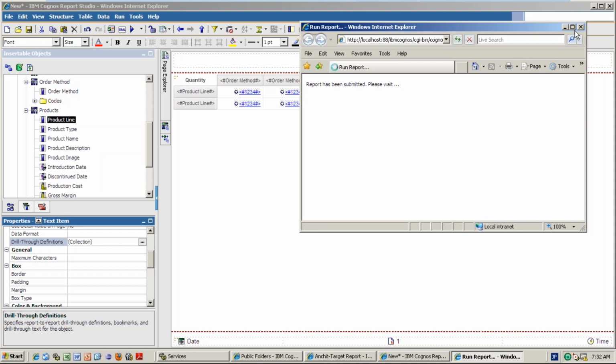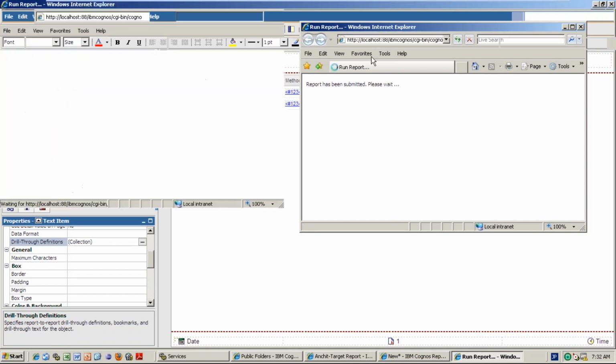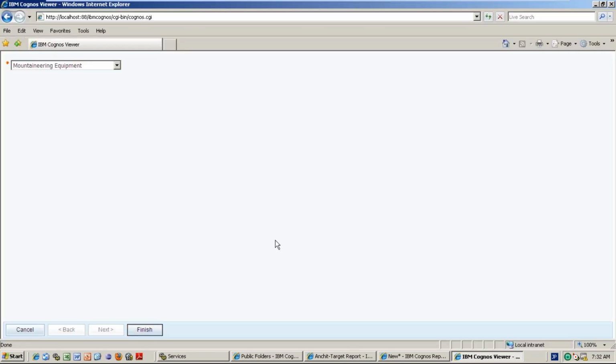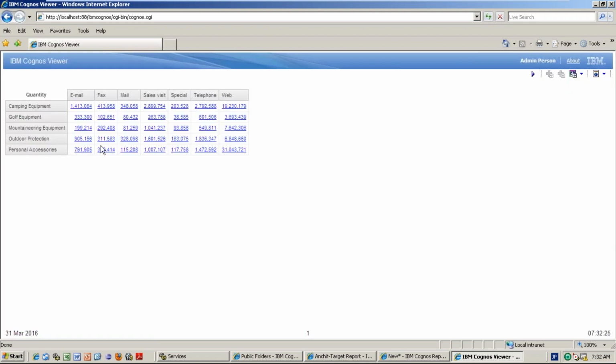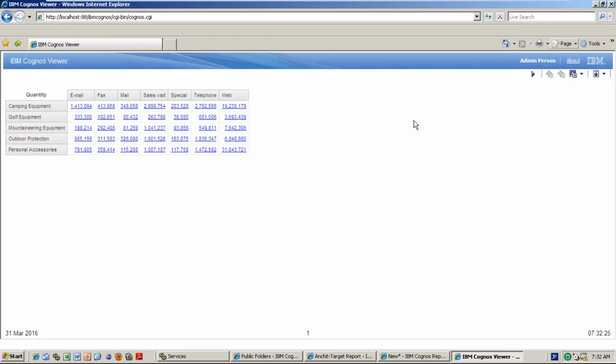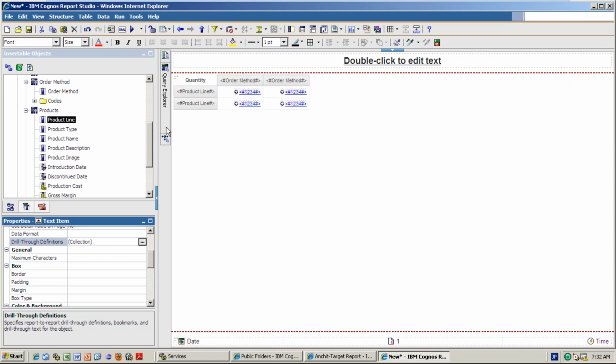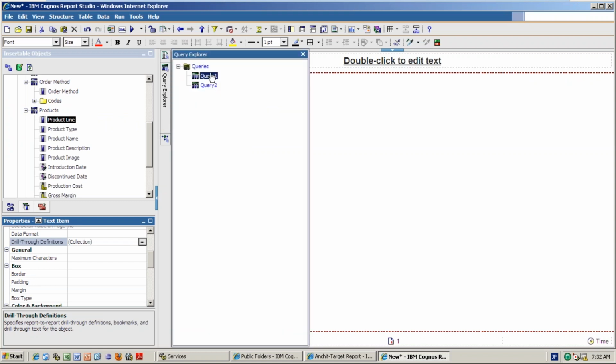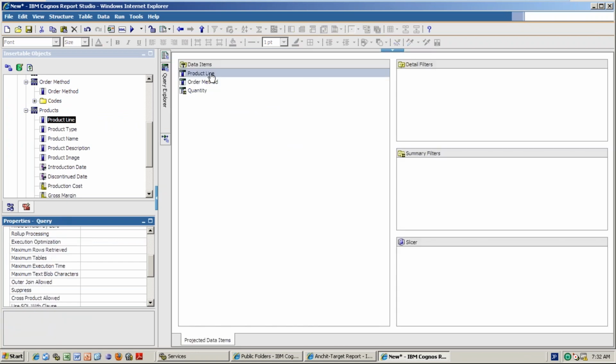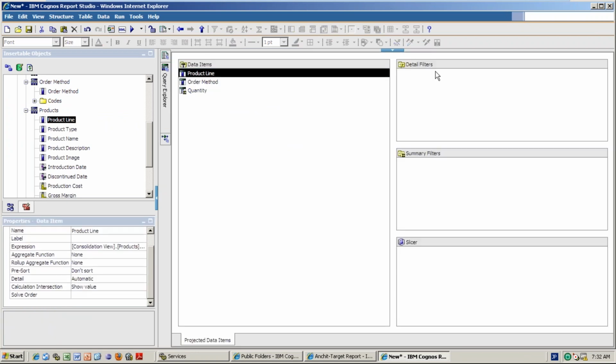So when you are asking the prompt page, I am giving the product line mountaineering equipment and finish. So mountaineering equipment data only. Sorry, one second please. In the query you didn't assign the parameter, because while you are creating the prompt, you need to write product line equal to